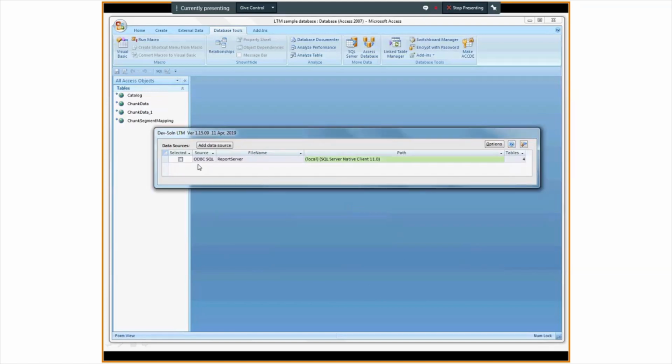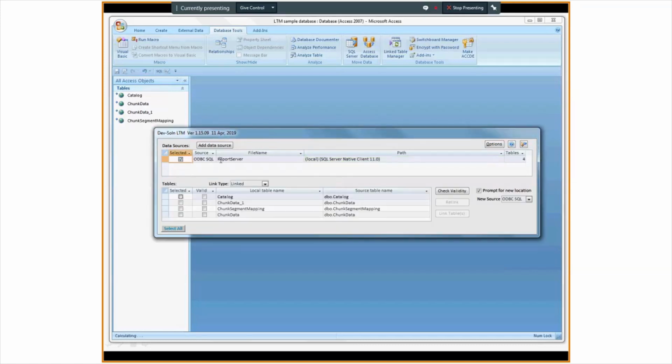And now you'll see that I'm down to having one data source, that SQL Server, my local SQL Server with the data source report server, and there are 4 tables that are linked in there. Let's see here, scroll down. Okay, so at this point in time, I guess another thing I would show you is that I'm going to pause